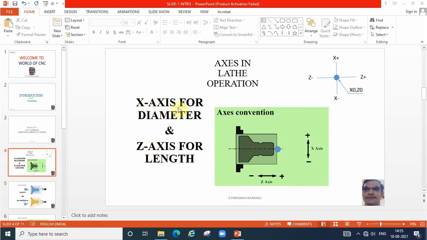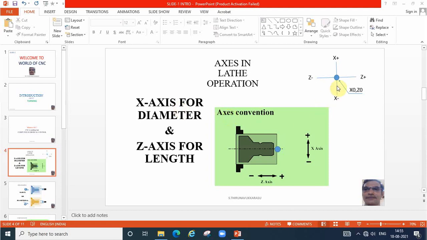X-axis is for diameter and z-axis is for length. Whenever we want to reduce the diameter, we simply mention it as an x value. Suppose we want to reduce length, we mention it as a z value. So only the x and z axes are used.